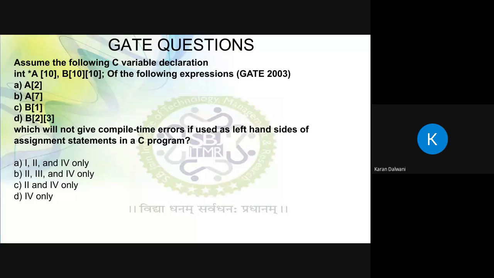वो डिक्लेरेशन नहीं दिया हुआ है, वो है कि उसमें अगर आप असाइनमेंट करते हो कोई वैल्यू, तो उसमें से कोई ऑप्शन ऐसा है क्या जो कंपाइलेशन एरर दे सकता है आपको। उसको फोकस करना है, कौन सा नहीं देगा, कौन सा देगा वो पहचानना है आपको। ओके सर। करो, आराम से करो।